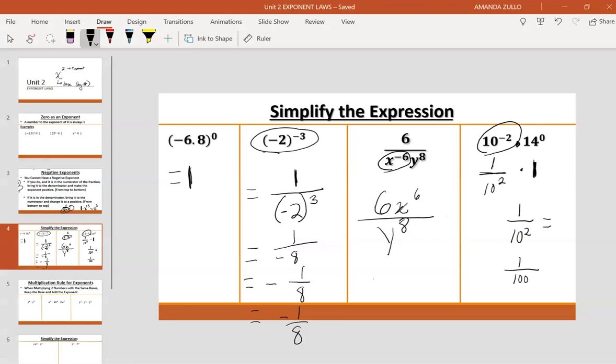All right. I'm going to show you the next couple of laws in a separate video. So exponent laws, part 1 is this. Tune into part 2 for the other